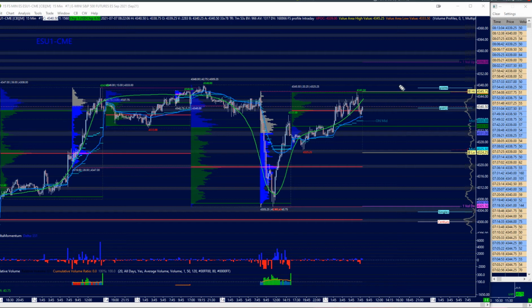And my expectation for scenario 1, since that move was kind of indicative of us finding buyers who are motivated, my main scenario is for a continuation to the upside. So scenario 1 in blue